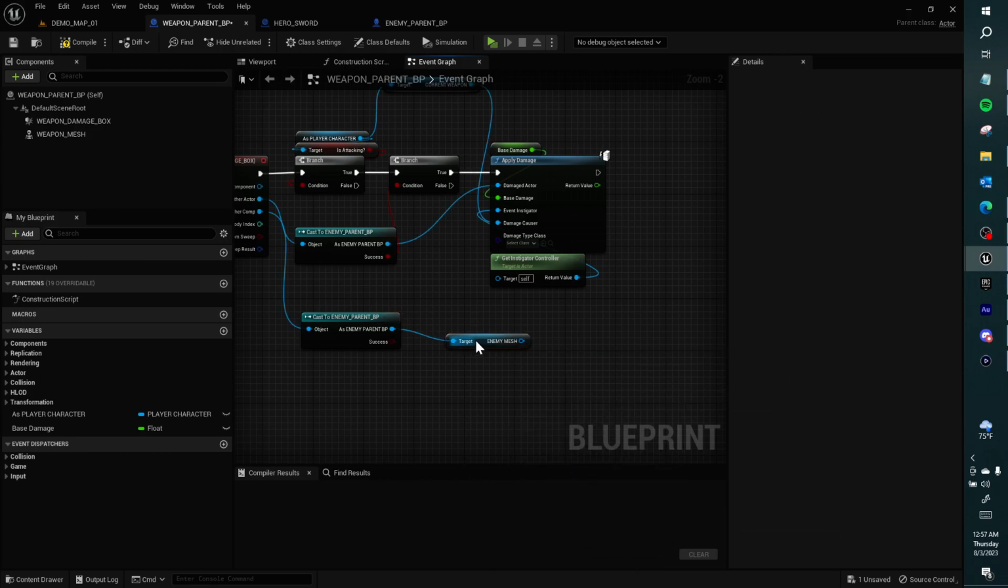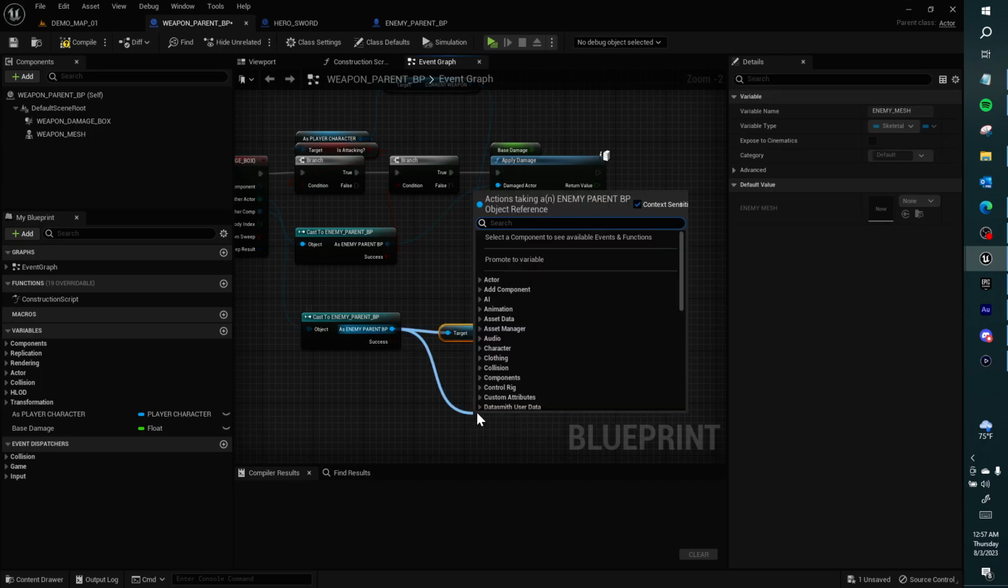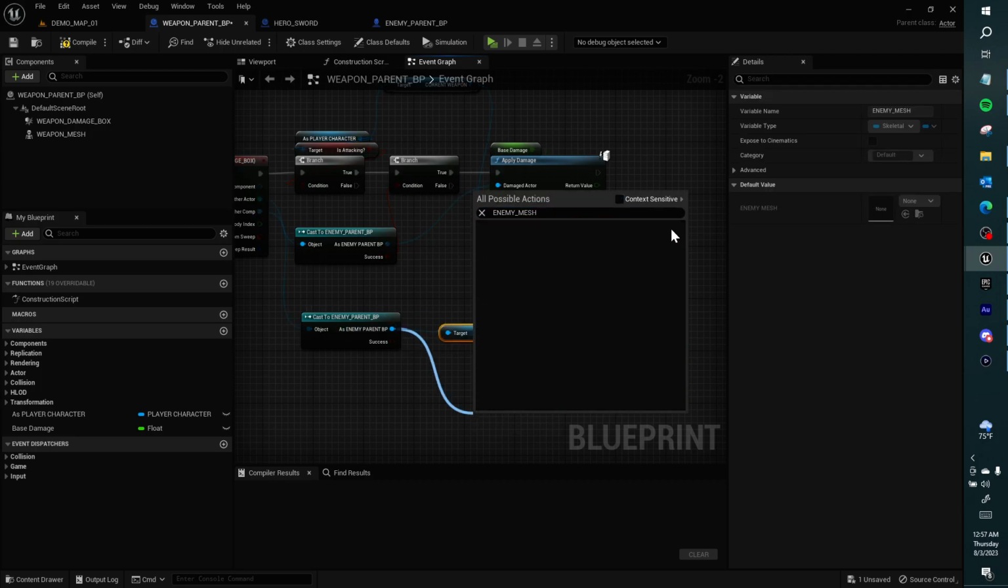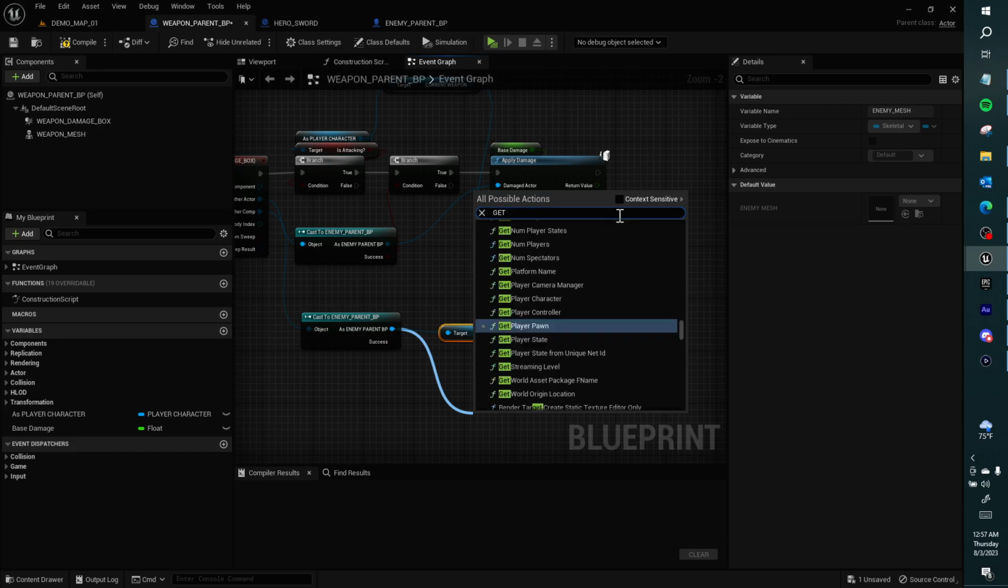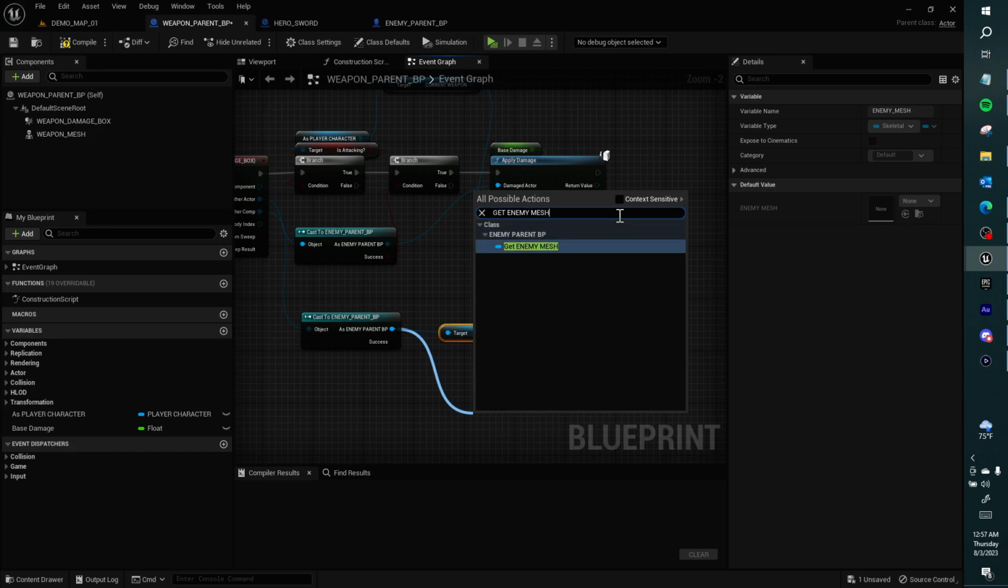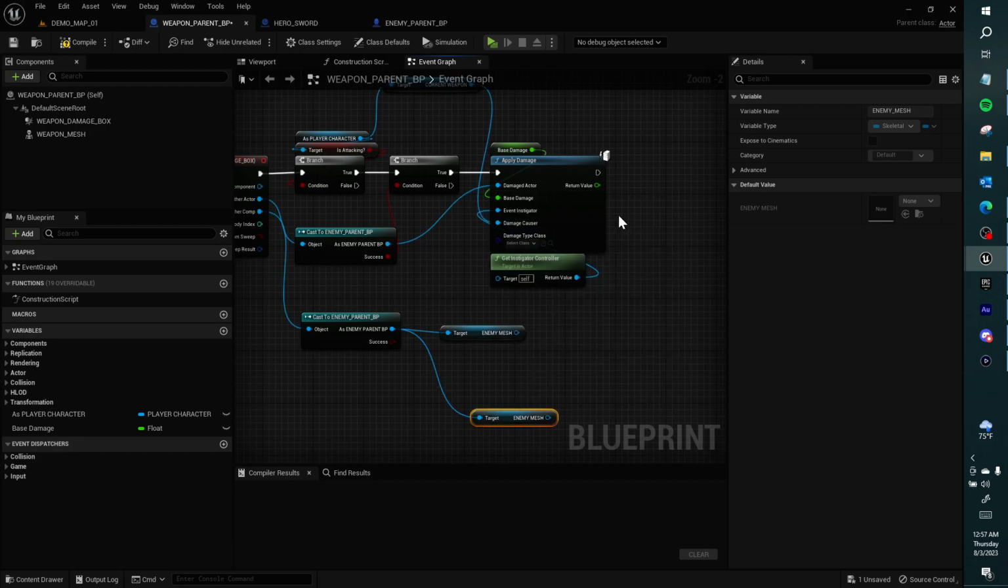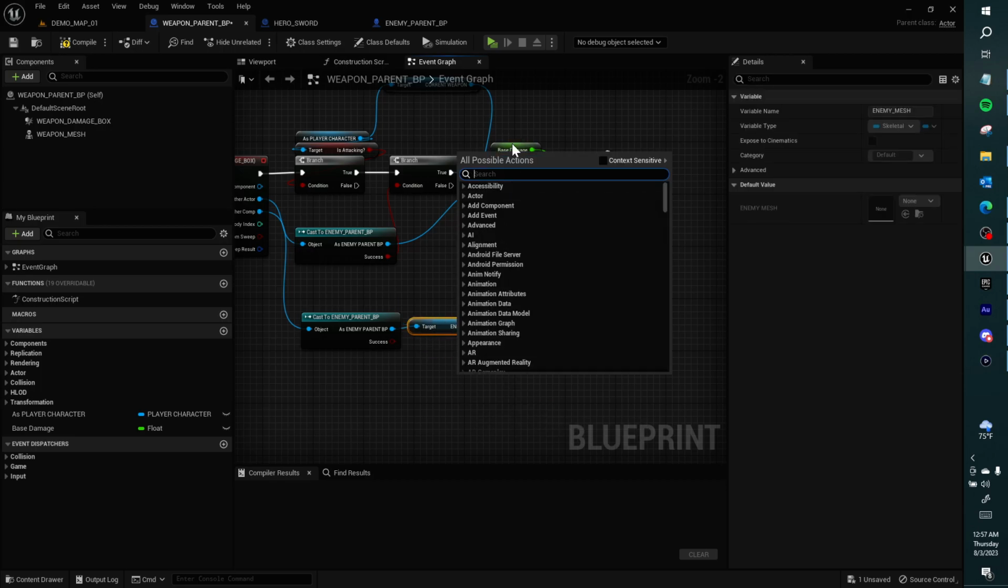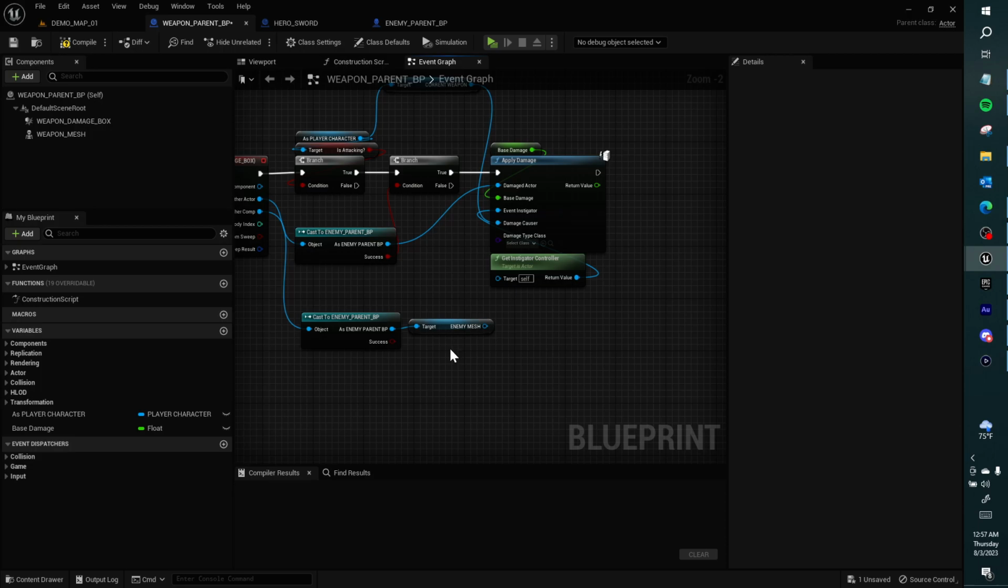I couldn't find the pure cast, so let's try again. Get enemy mesh. There's enemy mesh. Okay, I didn't use the underscores while searching like I use in the name declaration. I just typed it in. It doesn't respond the best to the underscores in this all possible actions search window. If we get the enemy mesh,